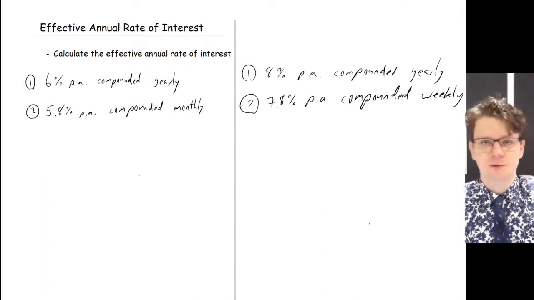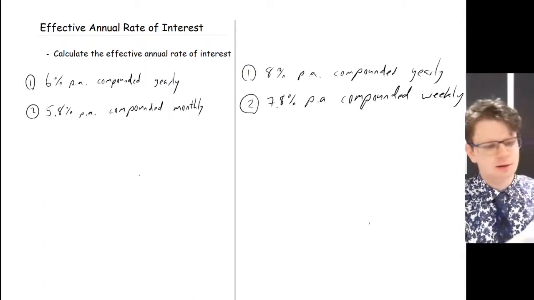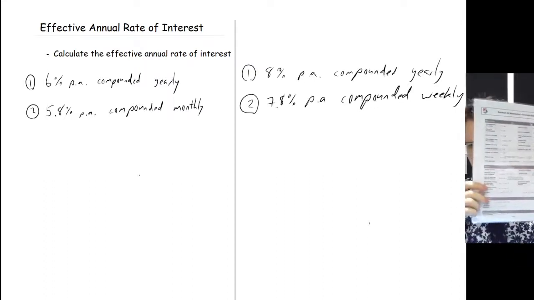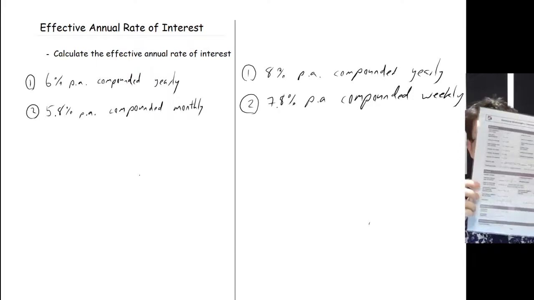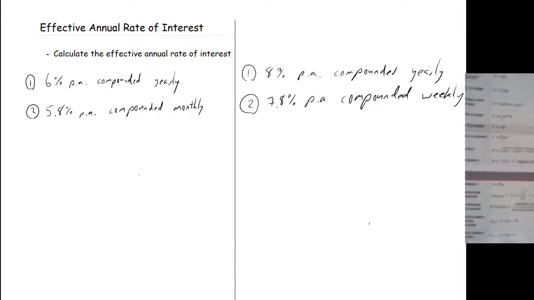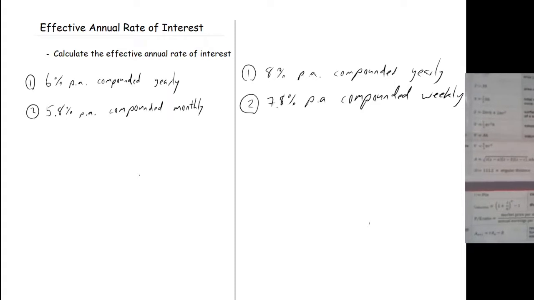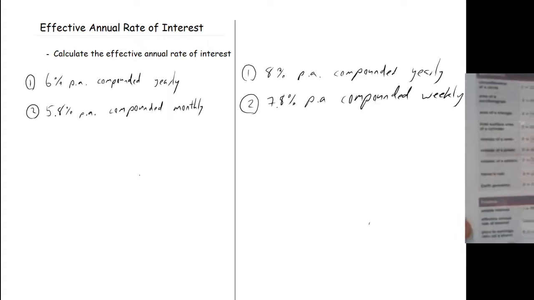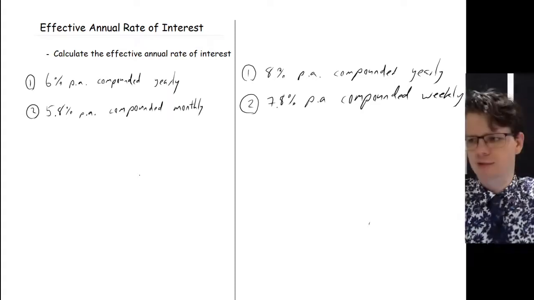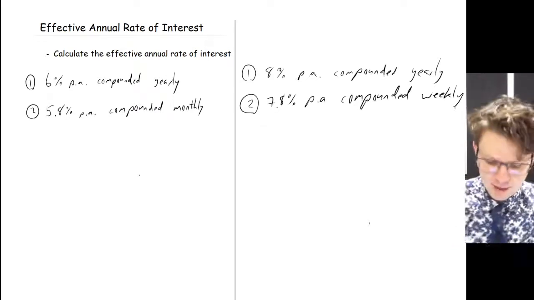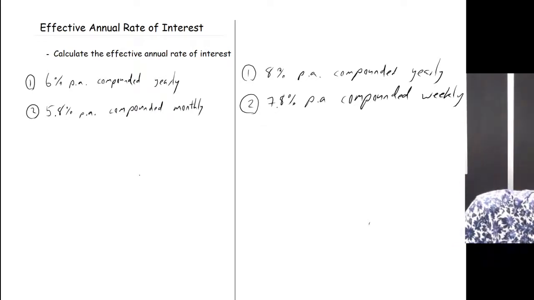So, what's the formula? Well, hey presto, it's on the formula sheet. So it's in the finance section here, just under simple interest. You want to have a look at it, it's right there. And in fact, it matches my name perfectly. Effective annual rate of interest. So that's what we're going to be having a look at. And I effective is equal to